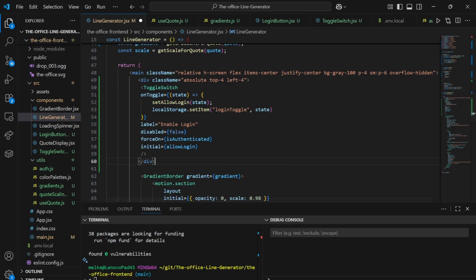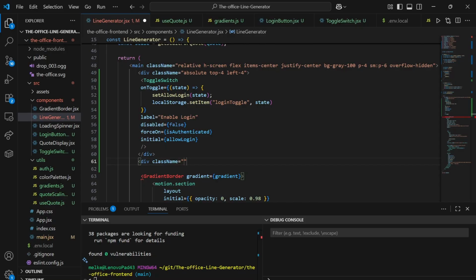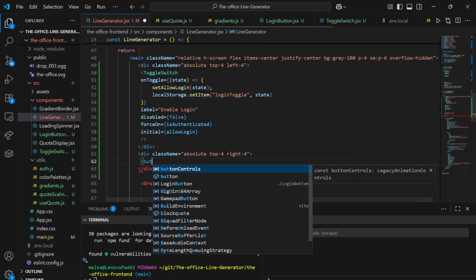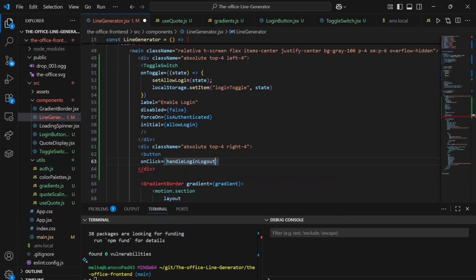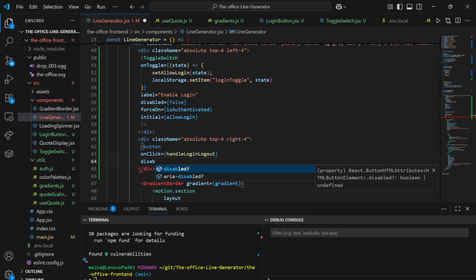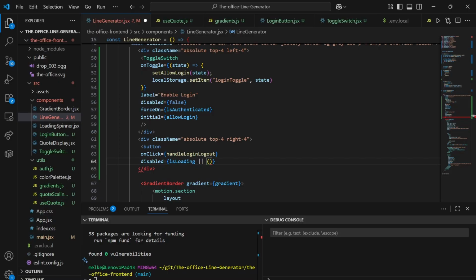Now we should also add our login button. So we're going to create another div here with some class names of position absolute, top, and now right. So this is going to be in the top right corner. Inside here, we're going to have a regular button with the on click of handle login logout function. And we are going to set disabled, and we're going to check if is loading is on, or we are